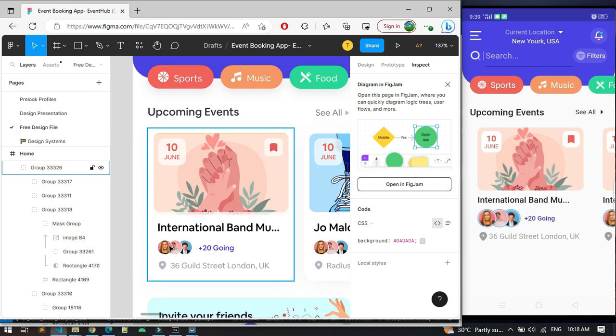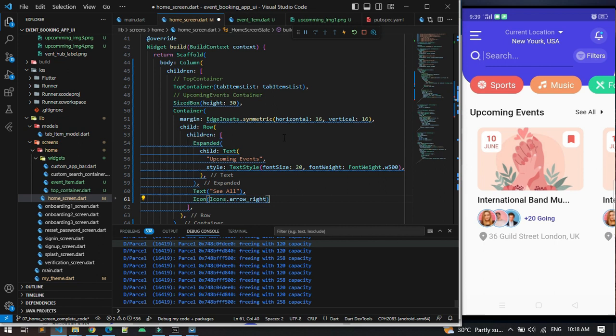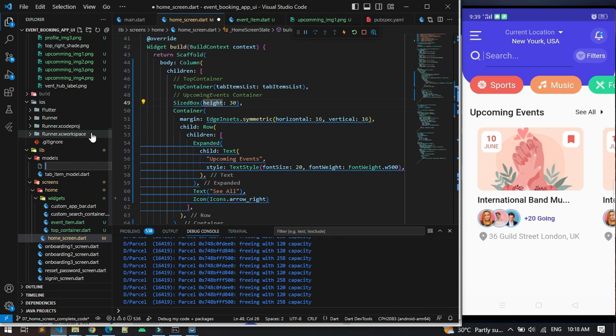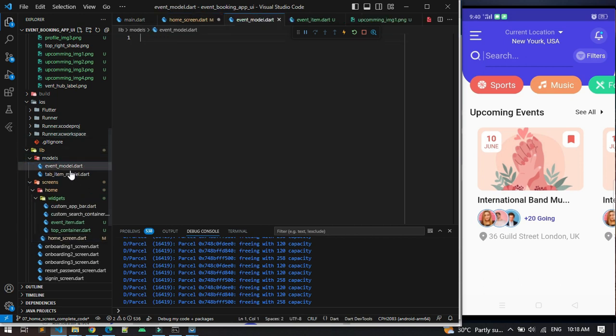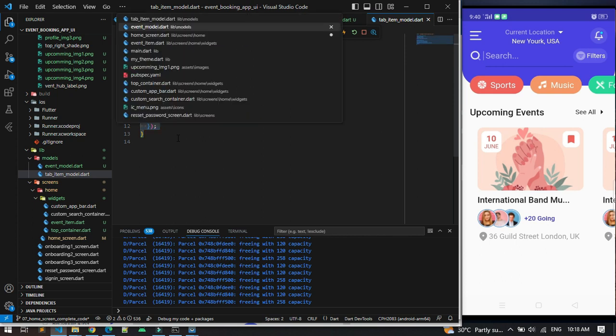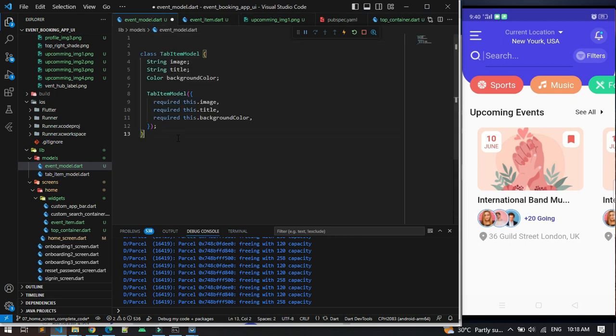So we need to make a model here. I have already made a model before, so I will copy the format from here and paste it, and